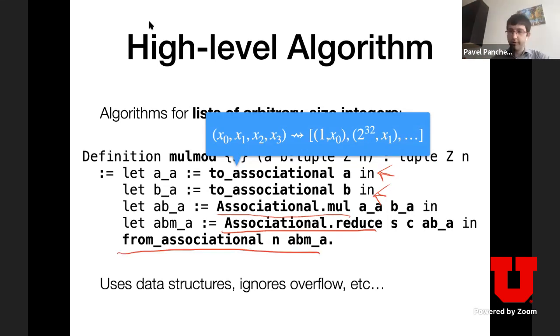And then it converts this weighted product representation back into a list of coefficients. So this code is what you would write if you wanted an exceptionally clear description of how a crypto system works. Correspondingly, it's relatively easy to verify that this code is correct, where correctness means that if you convert the numbers that these tuples represent into actual integers and multiply them, you'd get the same result as applying this code. So it's exceptionally clear, but it then raises the question of how we can turn this code,